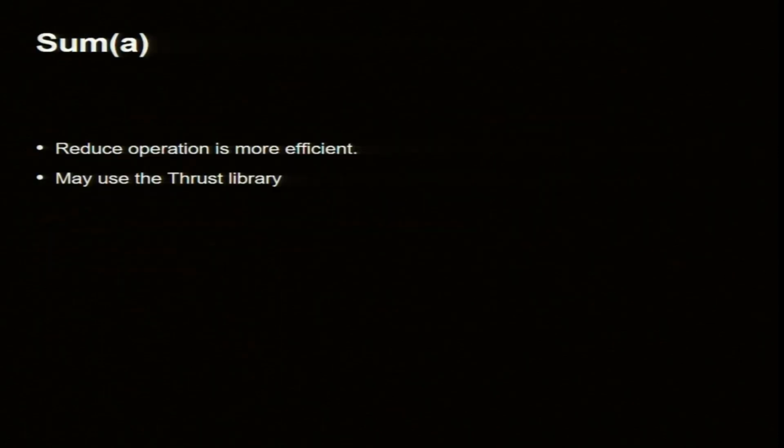All right. So, let us sum an array A. One way to do it is what I showed you, shared memory, but there are other ways to do it. This is called a reduce operation. We have seen reduce before, in OpenMP and MPI also. Reduce can be done, but there is a nice library called the Thrust library. I am not going to discuss the Thrust library, but there is pretty nice documentation, and these are fast libraries.